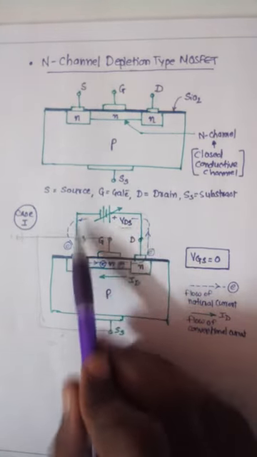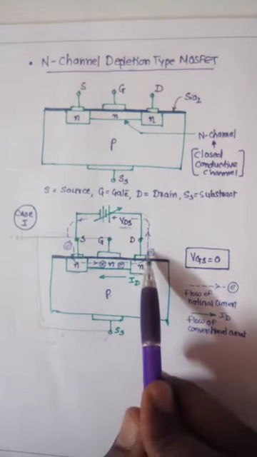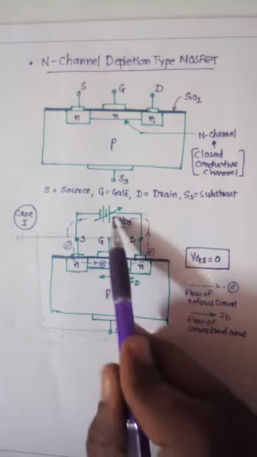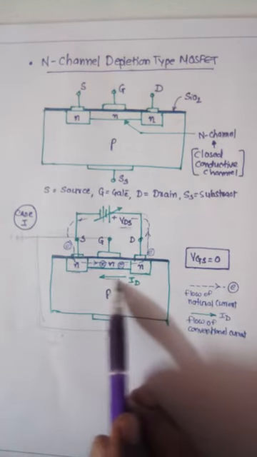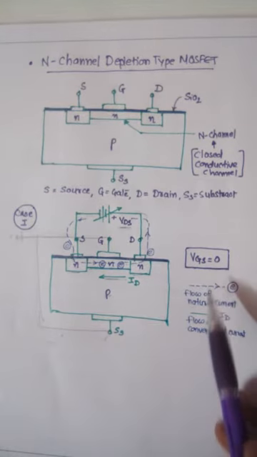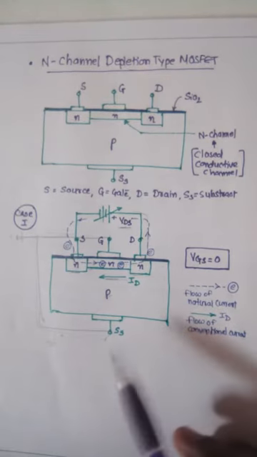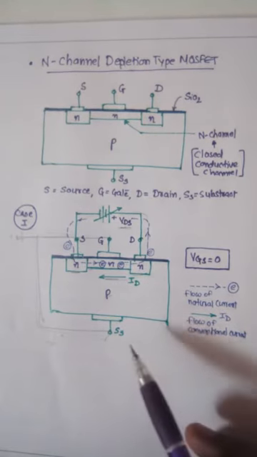We know that in the N channel the majority charge carriers are electrons. So a number of electrons are attracted toward the positive terminal of the battery, the source of VDS. This flow of electrons is the natural current flow, and the conventional current flow from positive to negative is called the drain current, ID. So when VGS is equal to 0, meaning no gate voltage is given, ID can increase. As VDS is increased, the current also increases, up to the limit of the majority charge carriers available in the channel.